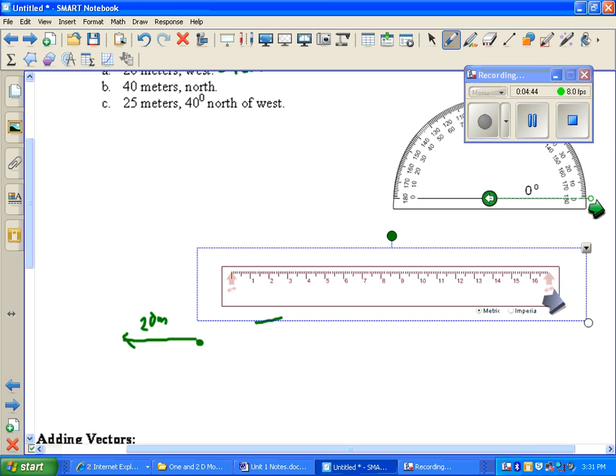So 40 meters, using my scale, it's 5 to 1. So 40 divided by 5 is going to be 8. So I need to make that 8 centimeters long. Okay, so now I'll take this